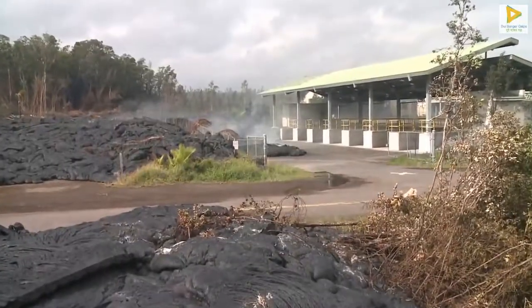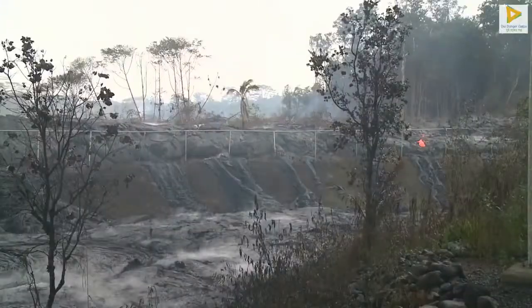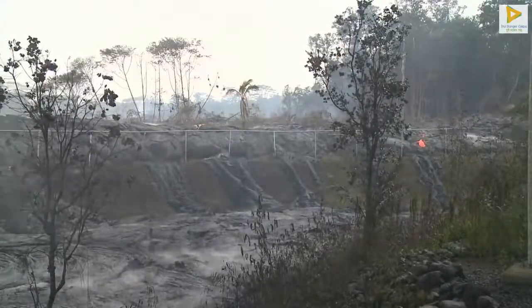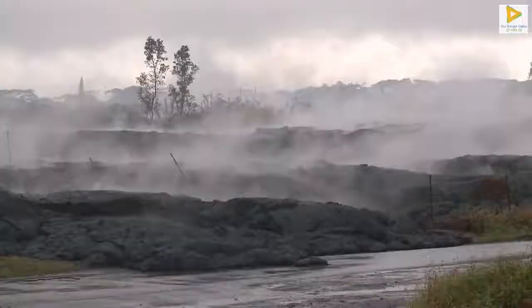Just when it appeared that the transfer station would be destroyed, the lava flows stopped. Though the outside is now cooled, the lava flows will remain hot inside for months. On a rainy day, you may